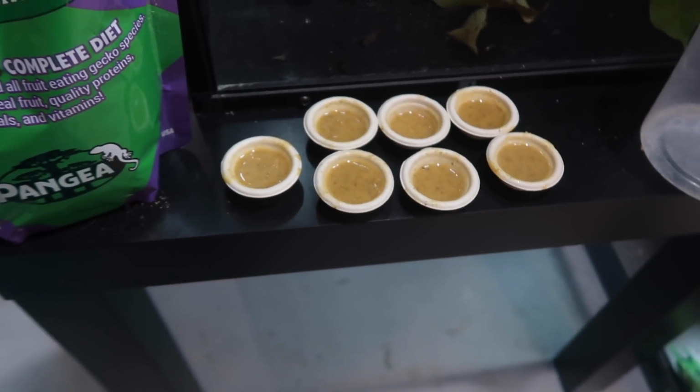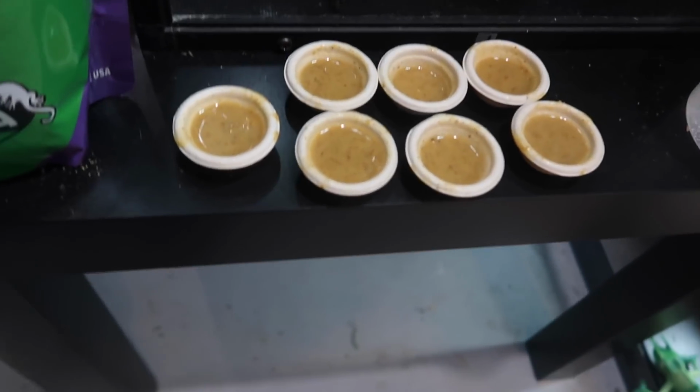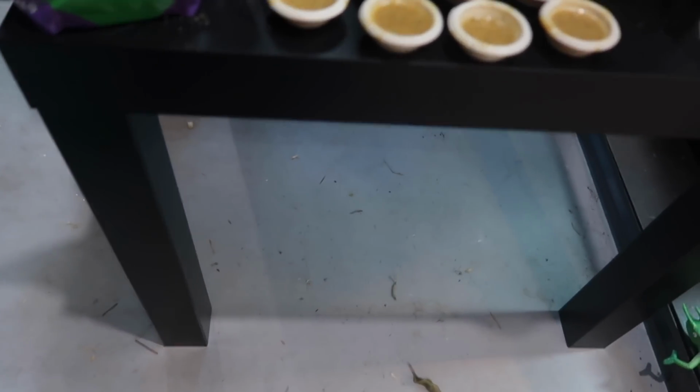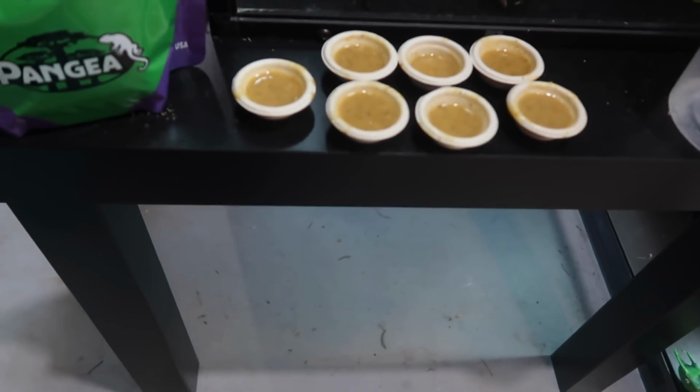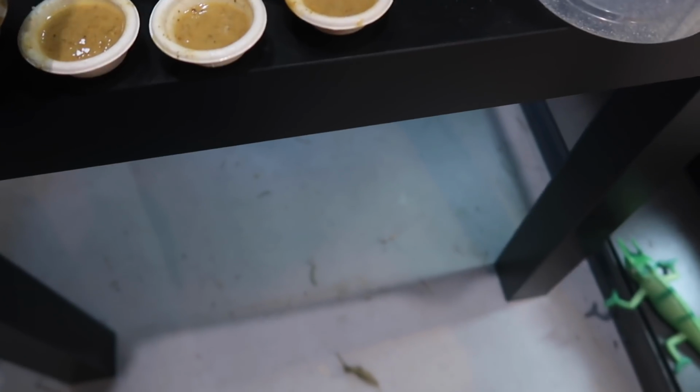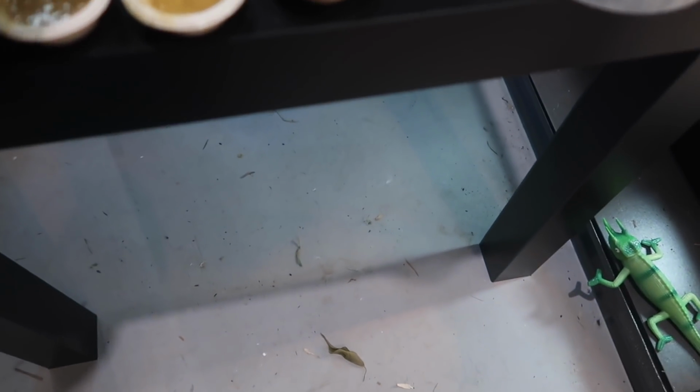Okay, so all of the Pangea is mixed up now. So what I'm going to do before I feed it is actually add calcium to one of them for my Chihuahua gecko. In case you didn't know, they typically need a little bit more calcium than a crested gecko